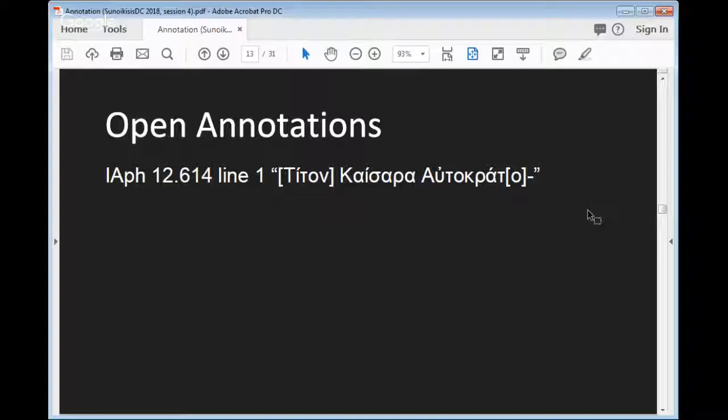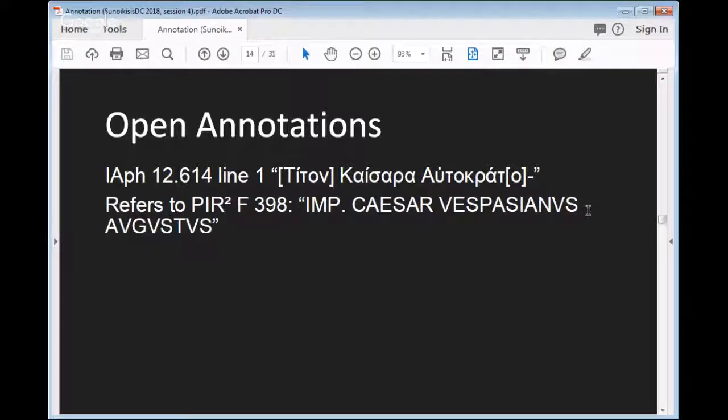My statement is that on line 1 of the Inscriptions of Aphrodisias, chapter 12, inscription 614, we have the characters Titon, Caesara, Autocrato, and it continues on the further lines, but I've only given the first line. This refers to the person Imp Caesar Vespasianus Augustus, who has the canonical identifier.